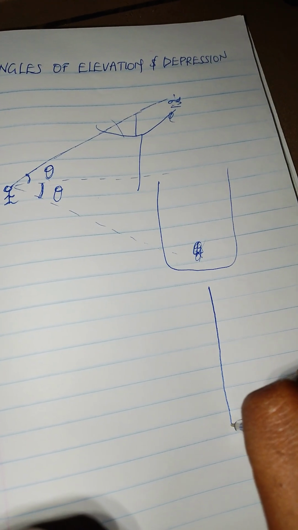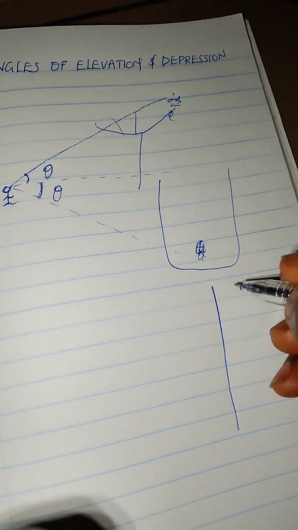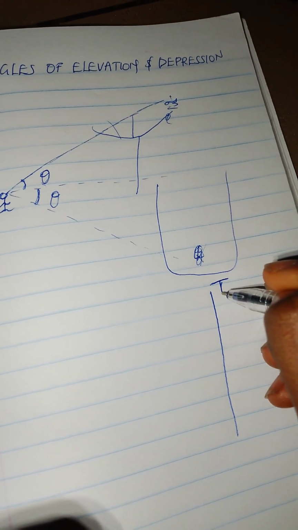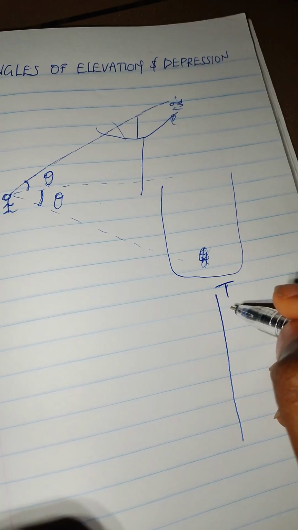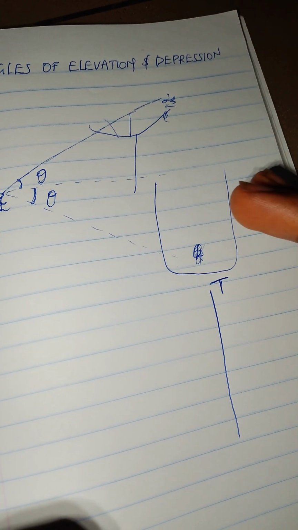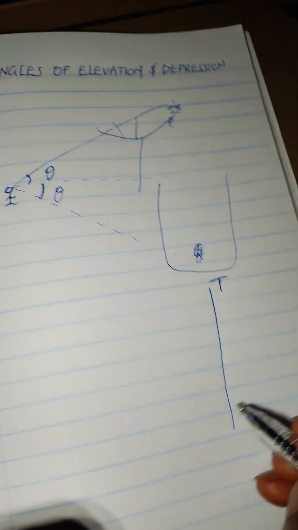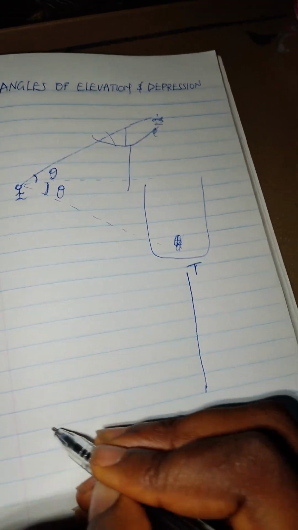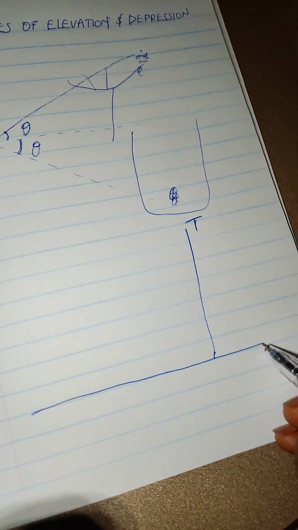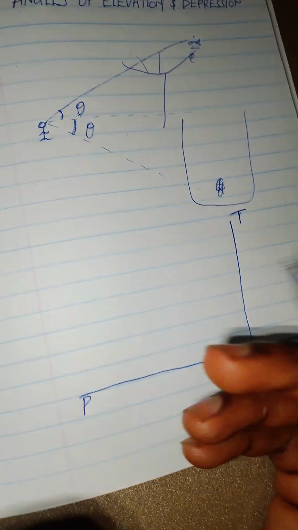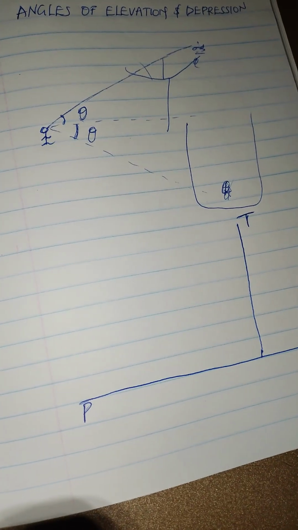So let's assume that this here is my vertical pole and this here is the top of the pole. They said it is T. And they said that the angle of elevation of the top T of a vertical pole from a point P on the ground. Now this is the vertical pole and this here is the base. This is the ground. So they said from a point P, let's assume that this here is the point. And they said angle of elevation from that point,